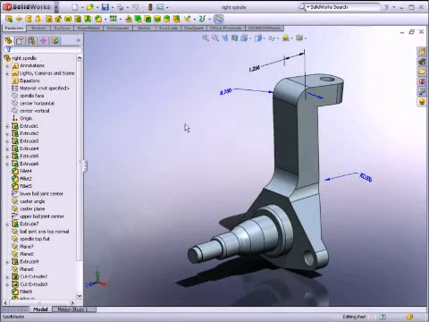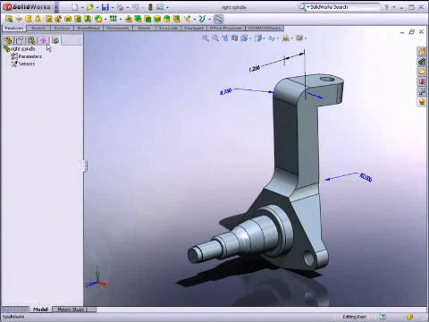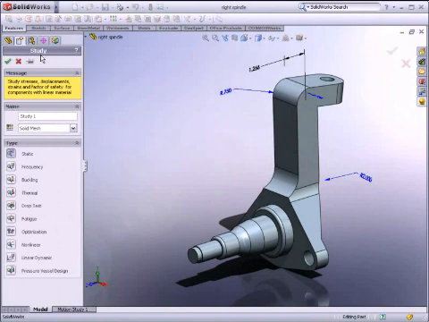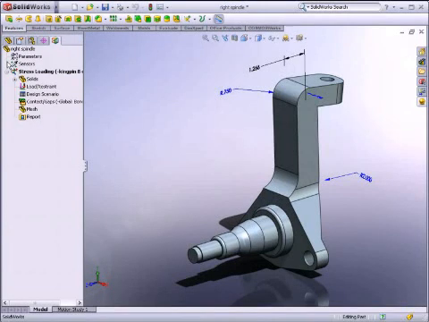SolidWorks Simulation Professional allows you to optimize your SolidWorks design based on your defined criteria. You can minimize the material usage or weight of your designs by using shape optimization technology. For this example, we need to optimize a knuckle component for the hub assembly of a car axle to reduce